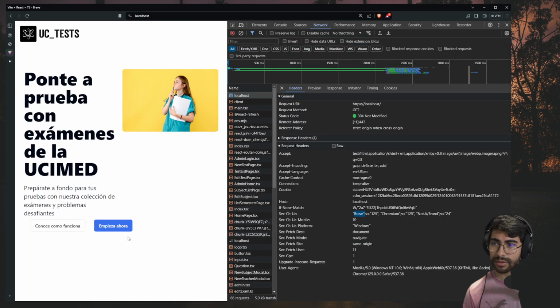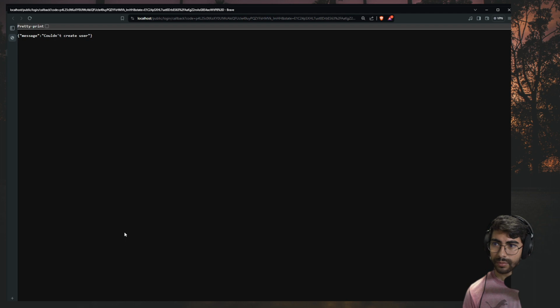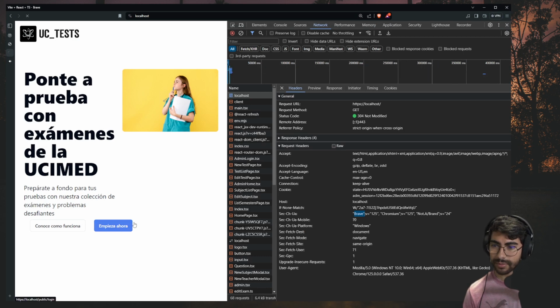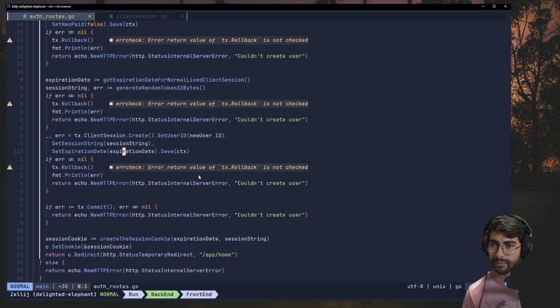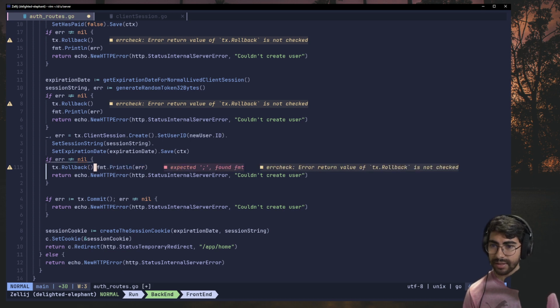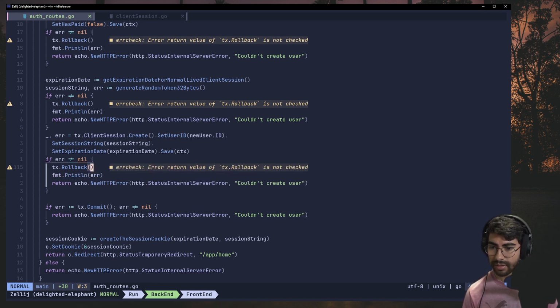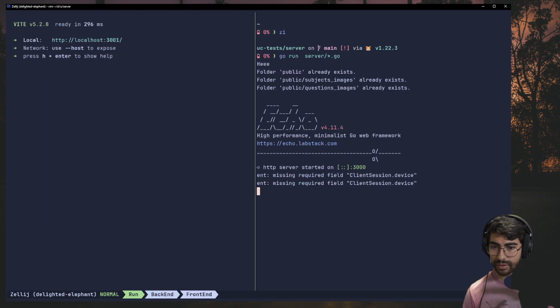So when we log in, we're getting this error, right? Sorry, I had activated something. We're getting the message that it couldn't create the user, with an internal error. And if we go to our log, here we say: missing required field client session device. So the error is when we are creating